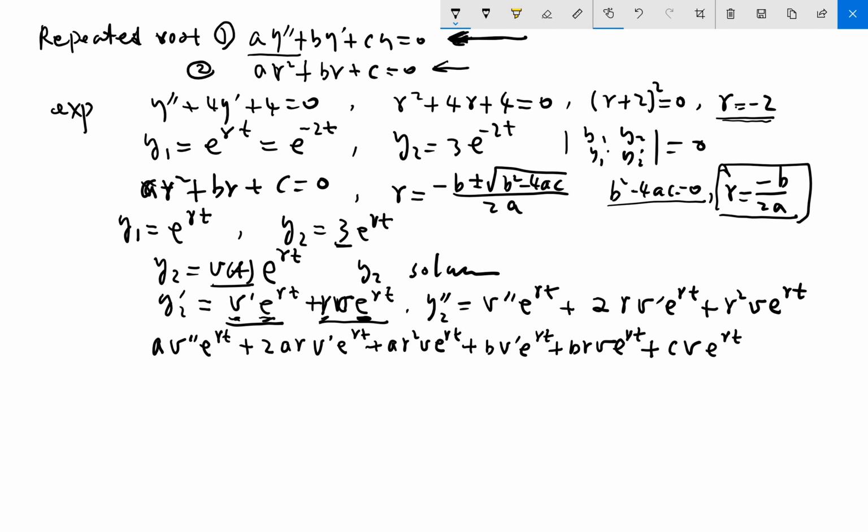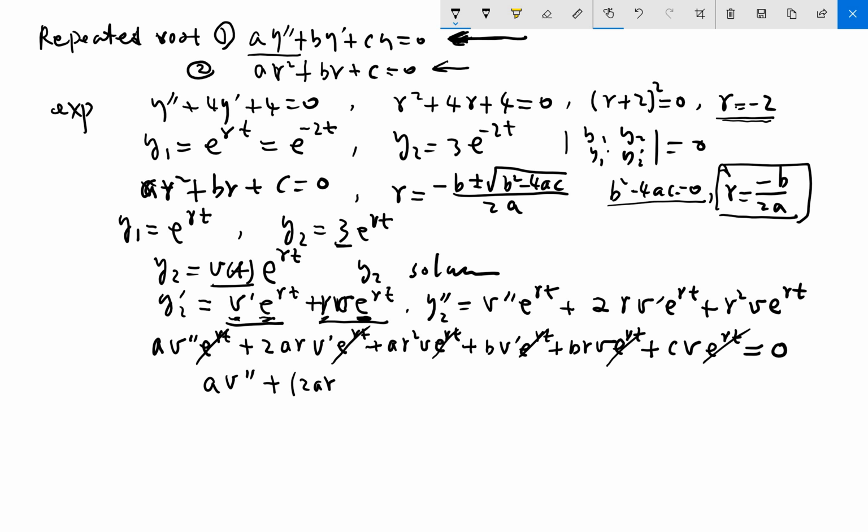We want y2 to be a solution, which means the left-hand side of equation 1 should equal the right-hand side, which is 0. Each term has e^(rt), which is never 0, so we can cancel it. We end up with a v'' + 2ar